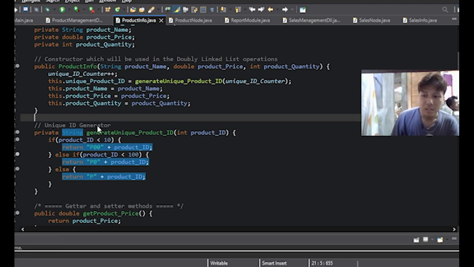Overall, this class helps make sure every product has a unique ID and stores all important product details in our program.